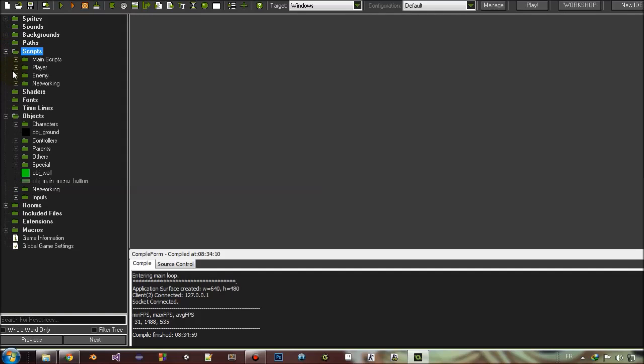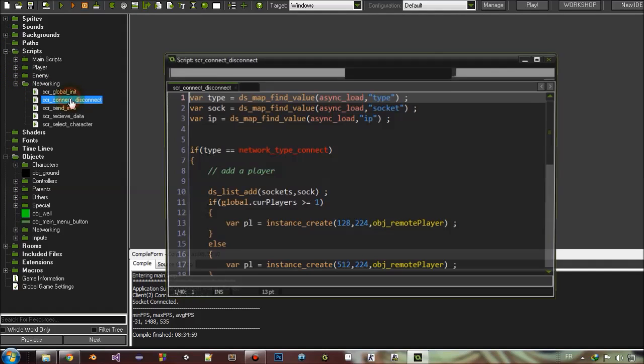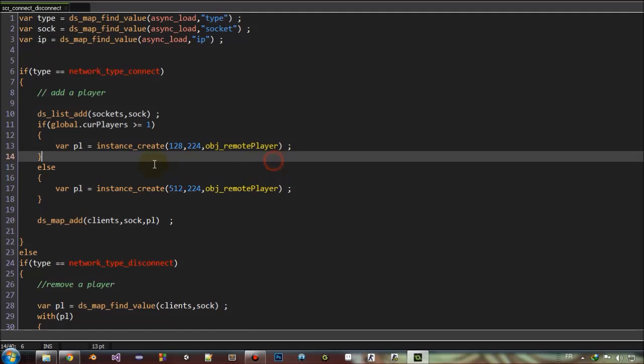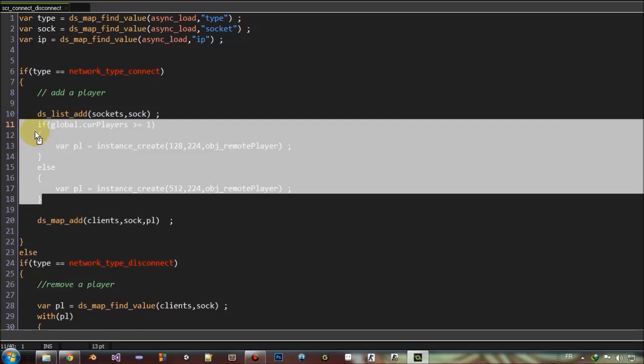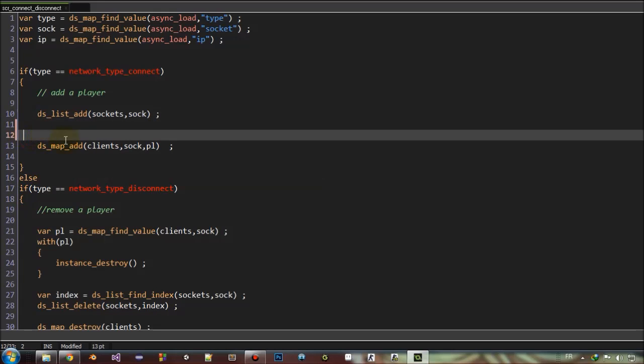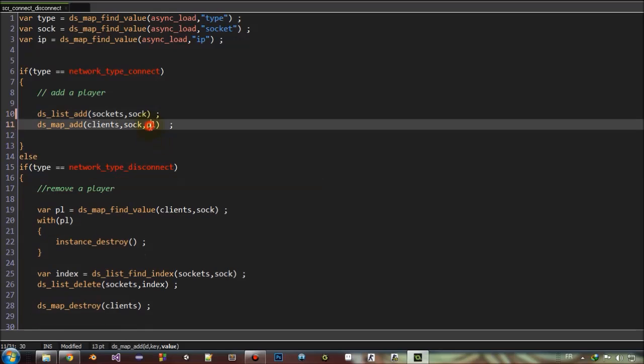So let's go to our connect and disconnect here, and okay, so here we don't want to add the player when the clients connect. So let's set this variable as no one. In fact, let's go to